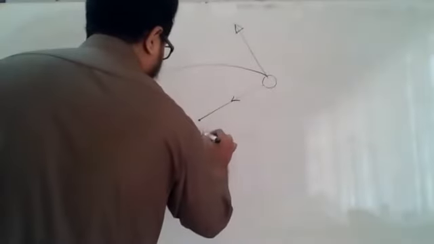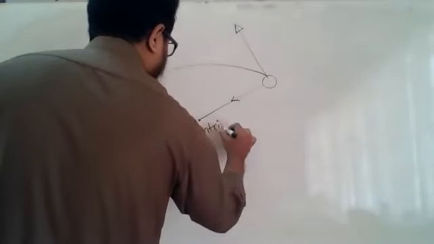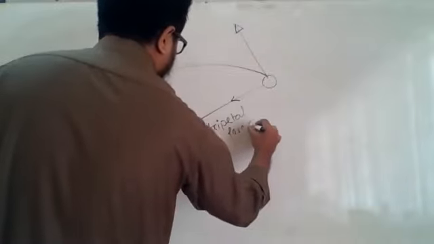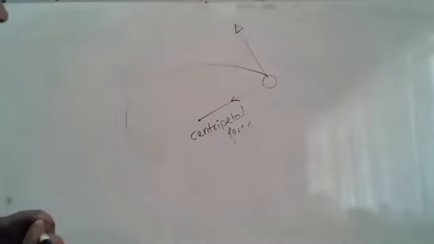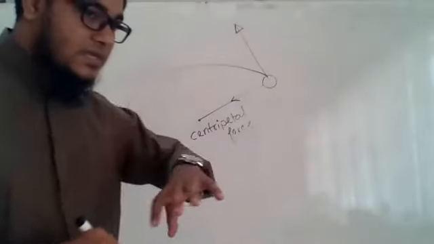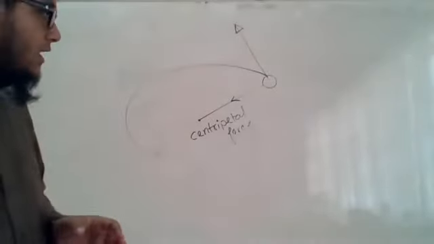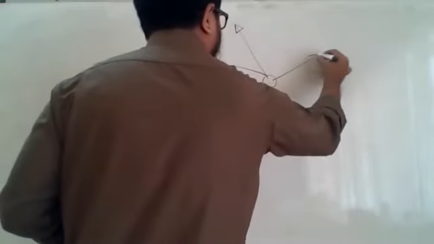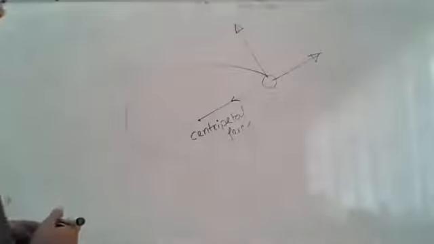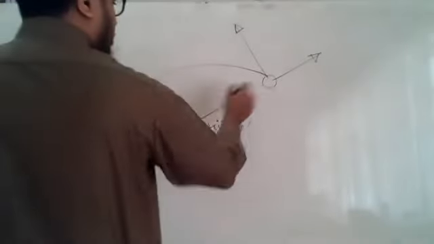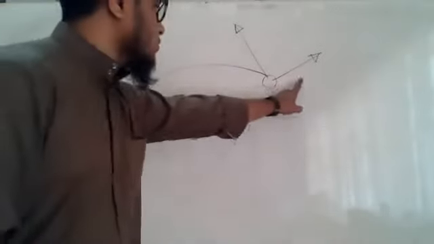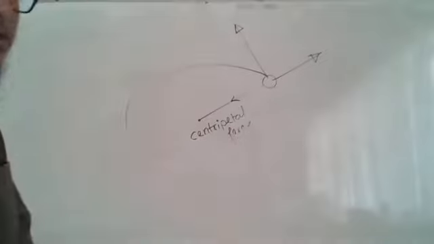That force is called centripetal force. Now, why is this force actually necessary? Because whenever a body is in a circular path, it feels a force towards the outside of the circle, in the opposite direction of the center, along the radius. To balance that force, we need to apply a force called centripetal force.